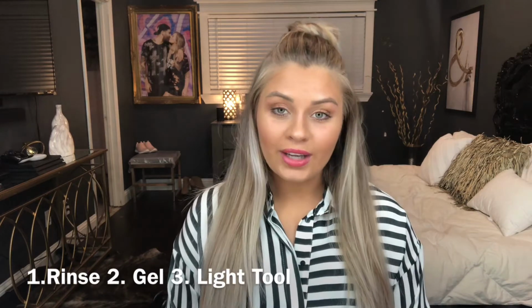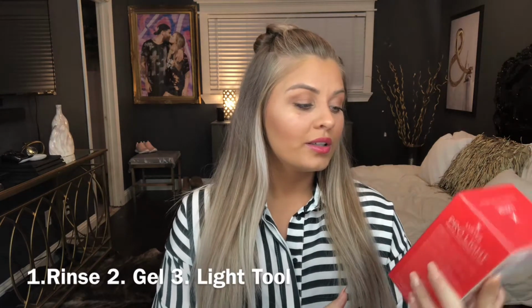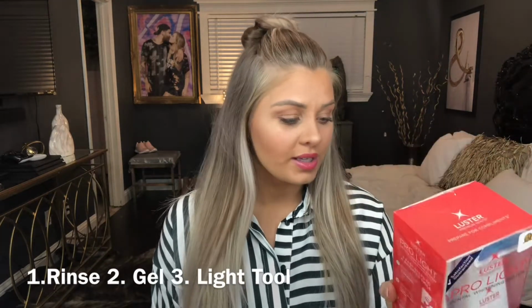going to your dentist. So the kit that I'm talking about today for our teeth whitening is the Luster Premium White with Pro Light added into it. So you get 3 products in here. Opening this up,